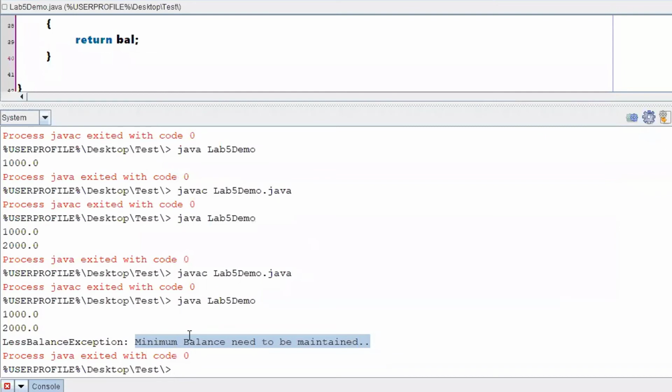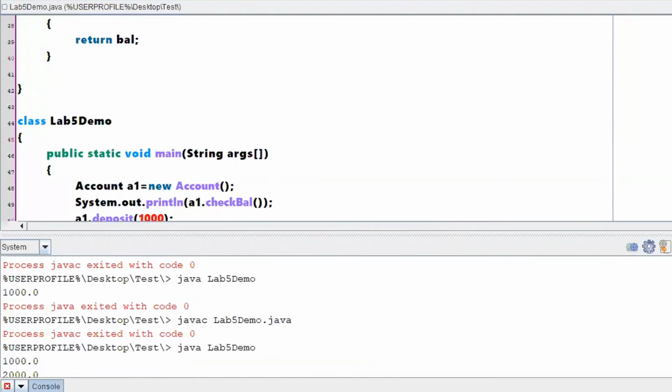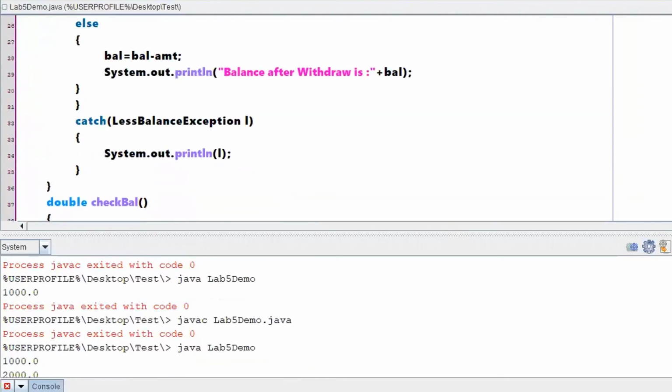If your requirement is that you don't want to print this particular class name, and you want to print only the message, what you can do is this: this statement is in the catch block, right? So here, instead of just writing e, you can write e dot getMessage.